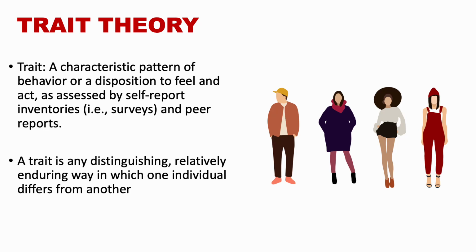Last but not least, we get to the third theory, which again, we're going to spend the bulk of today talking about, and that is trait theory. So traits are a characteristic pattern of behavior or a disposition to feel and act as assessed, and this is really important, by self-report, inventories, and peer reports. So traits are these characteristics that you have, or a disposition, right? Or tendency, I could use the word tendency, to feel and act as assessed by what you tell us you